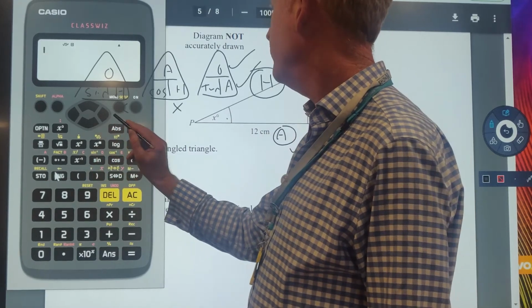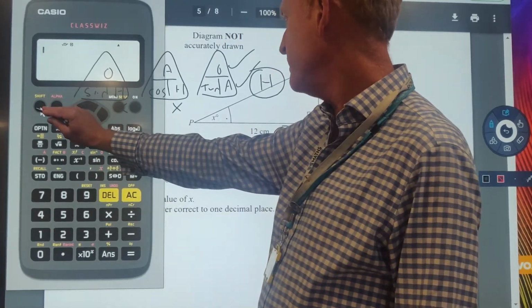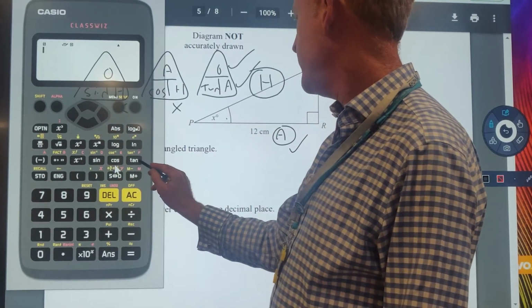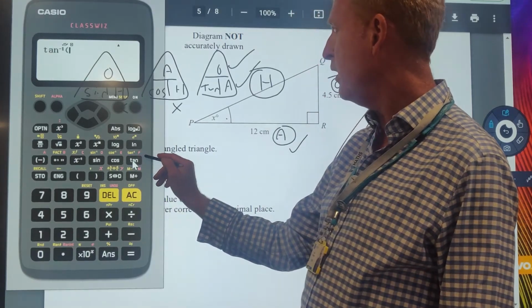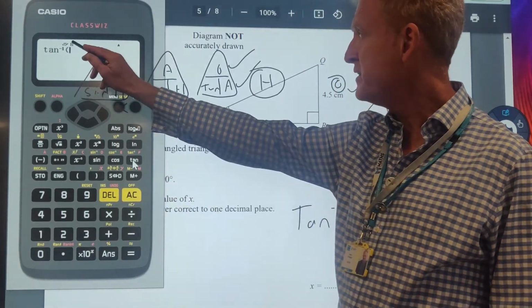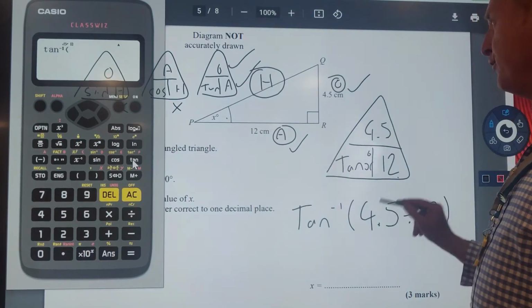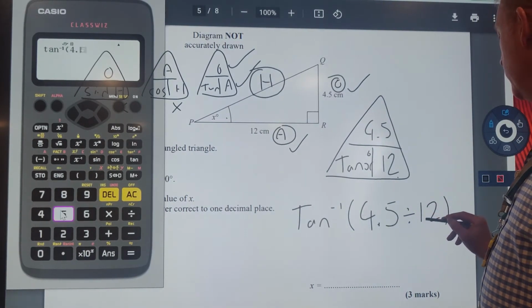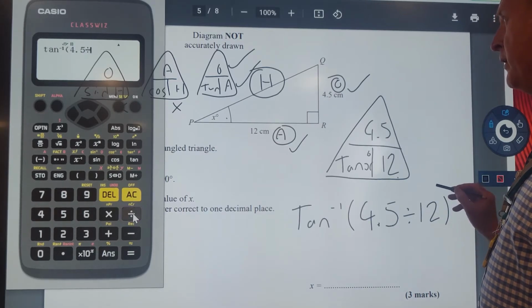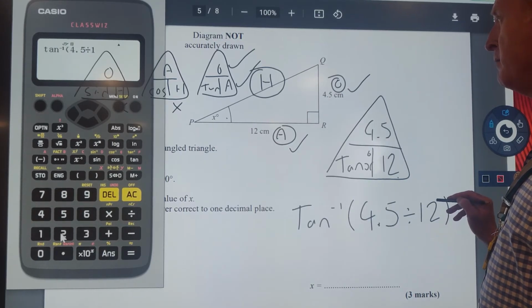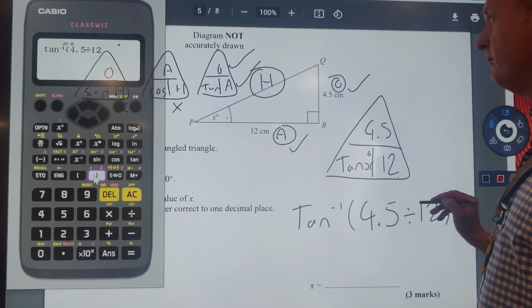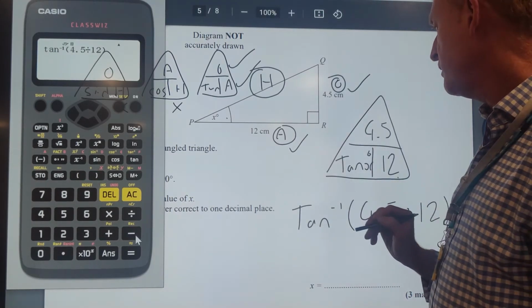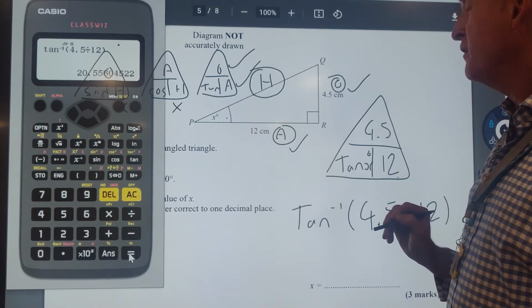So, first thing I'm going to do is press shift, and then the tan to the -1 is what I'm pressing. So that's coming up on my calculator now. Now I'm putting in 4.5, and I'm dividing that by 12, and then I'm closing my brackets. Now if I press equals, the answer comes up there,